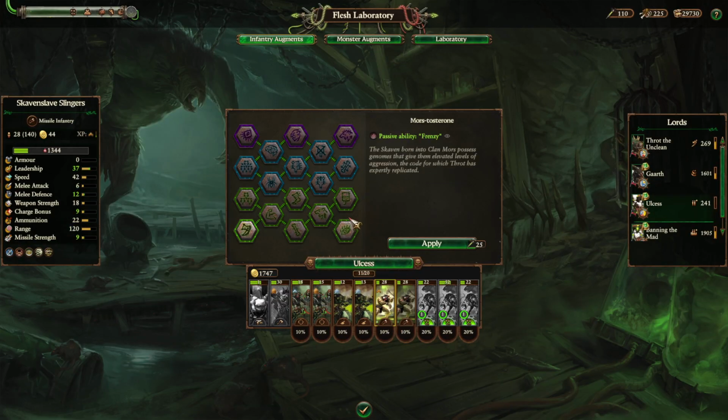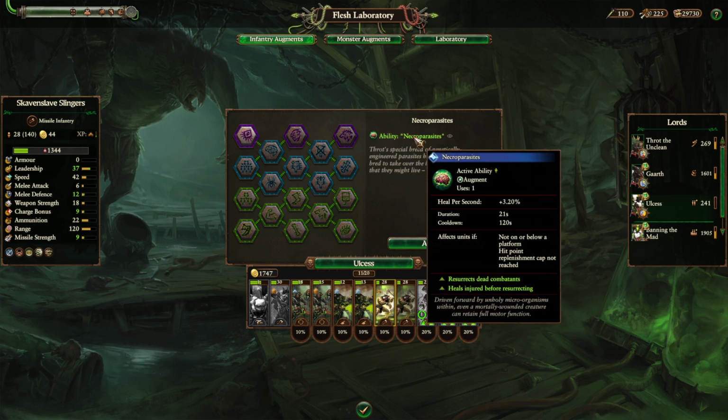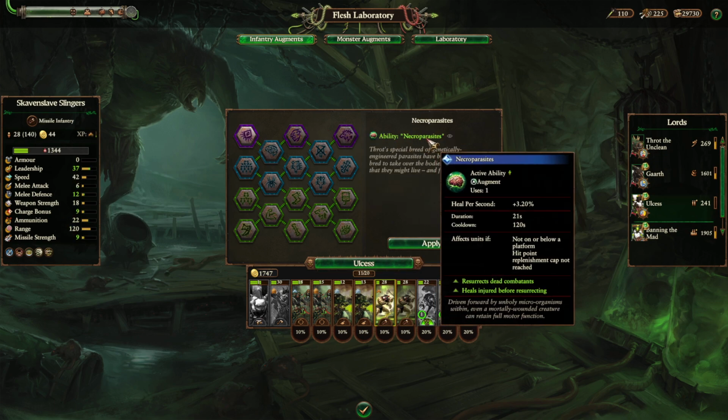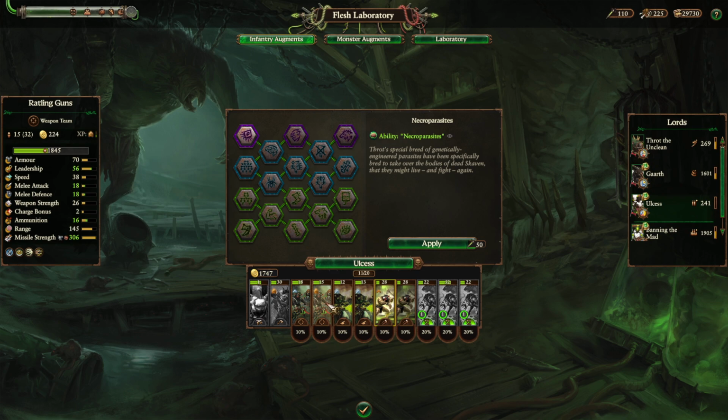What's cheap in the mutation tree that would really help us out, if anything? I really don't want to be spending like 50, if possible. But perfect vigor and regeneration would be great for some of the units like the flamers. Maybe we should just go all in on that. What's this? It resurrects dead combatants and heals injured before resurrected. Okay, so like regeneration will only regenerate what you've already got, so we'll be capped basically by the entities we've currently got. But with this, we could actually go above that and actually resurrect units that were lost. So really, like, putting that on the weaker units here